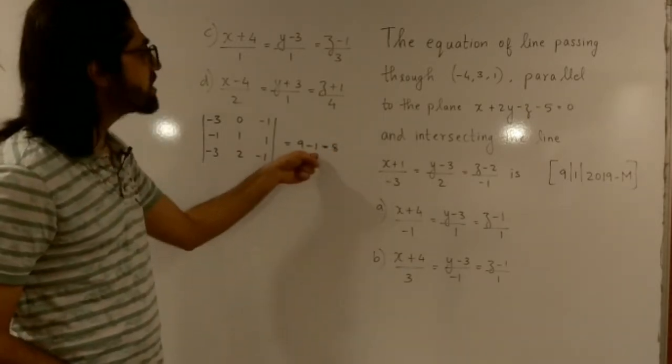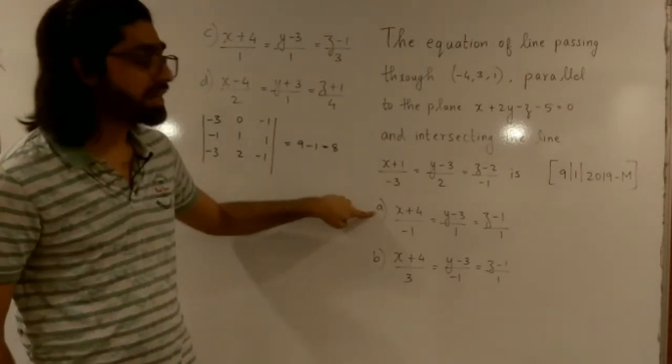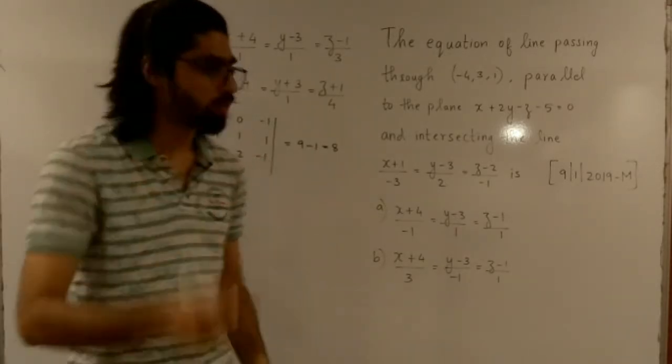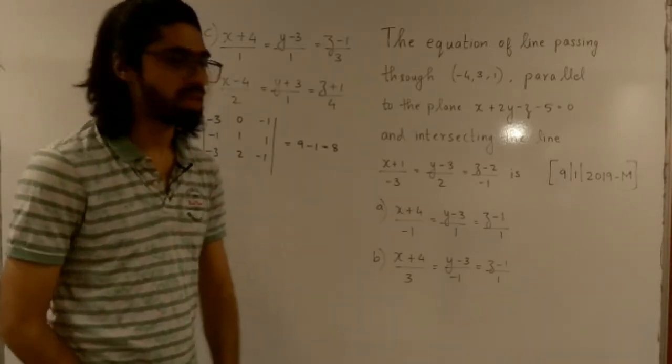So this is 8. This is not equal to 0. It should have been 0 if the lines are intersecting. So I realize that this line and the line given in option A are not intersecting, which is why option A is also ruled out. It is the wrong option. Let's check for option B. For option B,